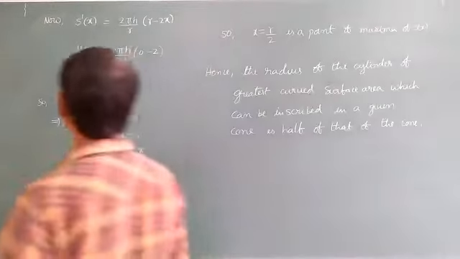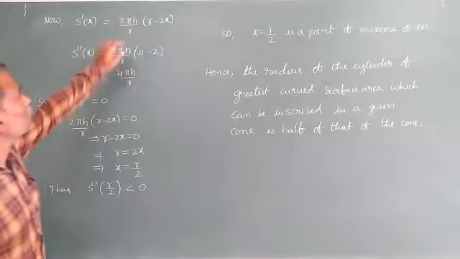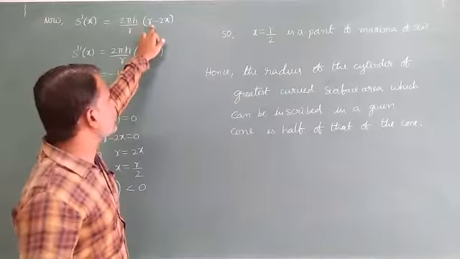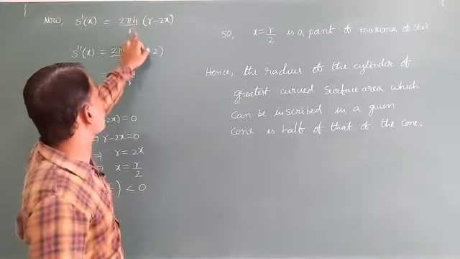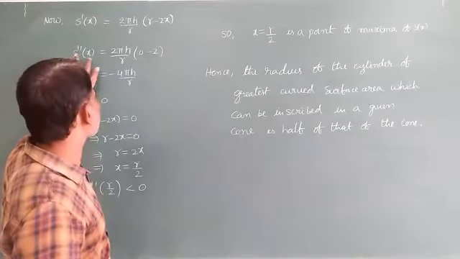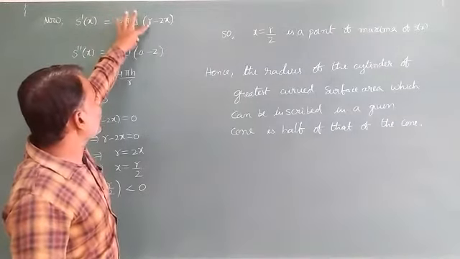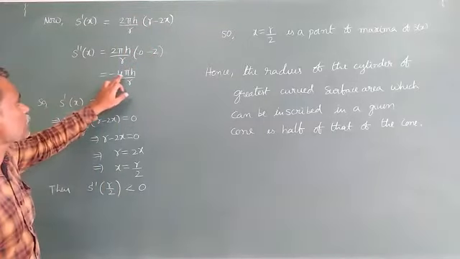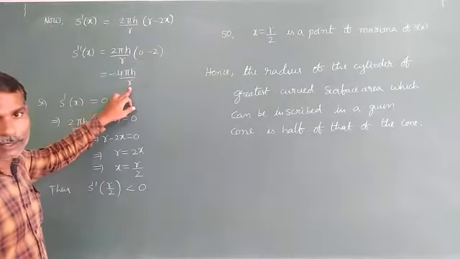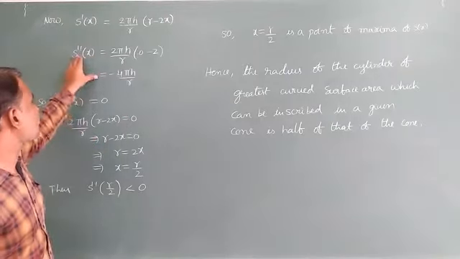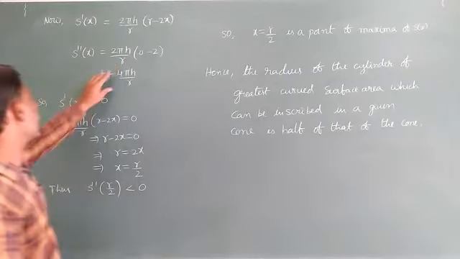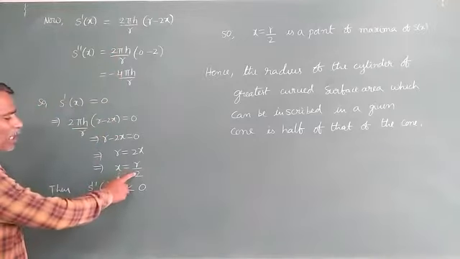So see, students, first derivative of the function, because Rx minus x square is the condition: R into x derivative is 1, x square derivative is 2x, so R minus 2x, times 2 pi h by r. Again take the double derivative: R is a constant, so its derivative is 0, minus 2x gives minus 2, and your answer is minus 4 pi h by r. S double dash of x is negative, meaning less than 0. Now S dash of x equal to 0 means this part is equal to 0, then you get x is equal to r by 2.